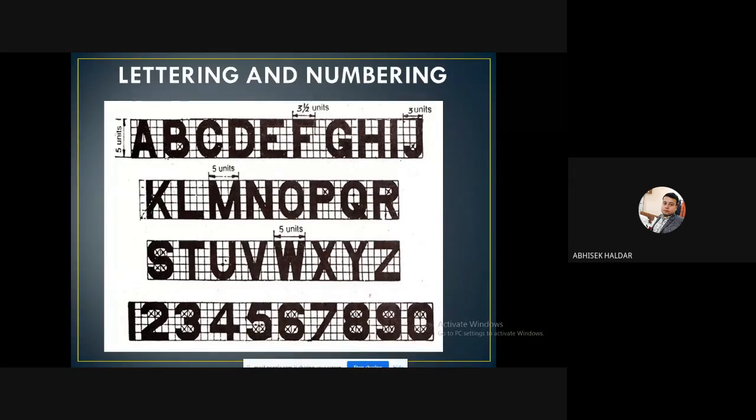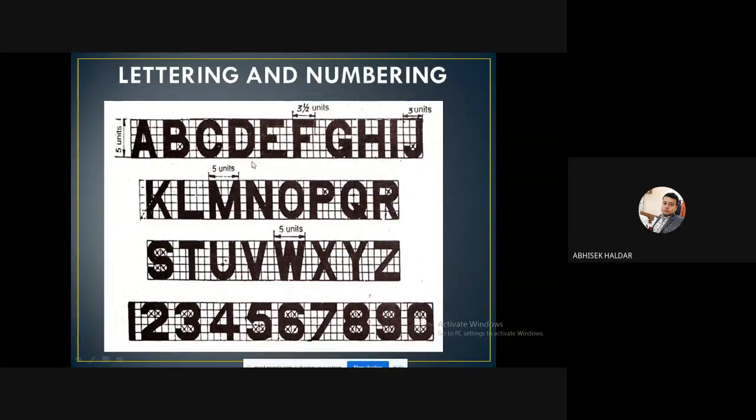That is the thing you have to keep in your mind. But how is it possible to maintain this? My suggestion is to draw two very, very thin lines, this uppermost line and this bottom one. Draw these two lines with your scale.